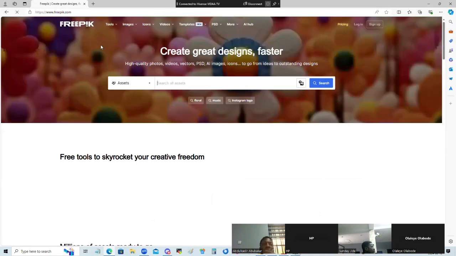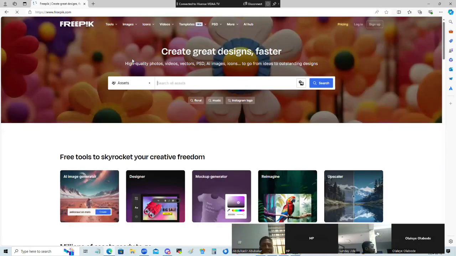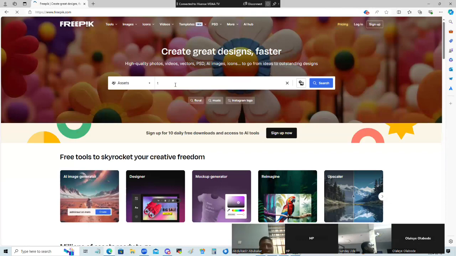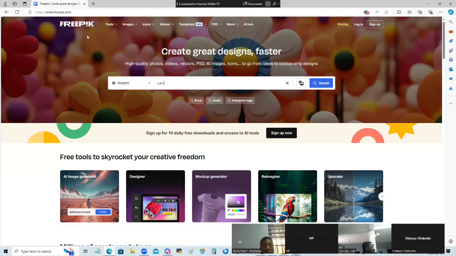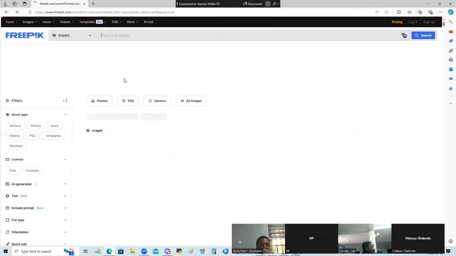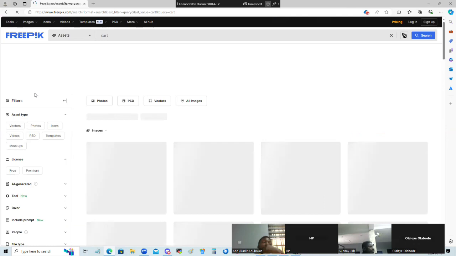I can use cards there. Let me use cards, which I can use for sales. Freepik, yeah, this is where I just get icons from. I used to download pictures from there. But you can download from anywhere. If you have the company logo, just bring it in. But since I don't have anything,